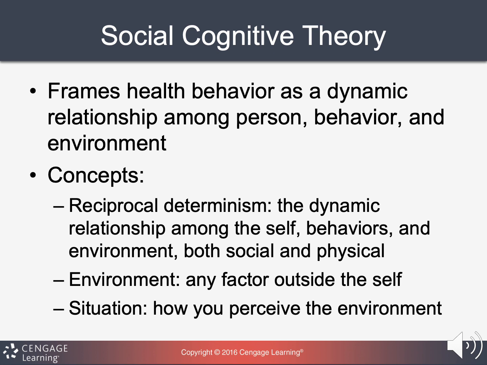And the situation is basically looking at how a person perceives the environment. So how do they view their environment? Do they realize that their family is dealing with drug behavior and has an influence on them? Do they feel like they're maybe trapped in this way of life? They have to sell drugs? Do they feel like they have a way out? Do they know where to go for resources, for help, but maybe not get their family in trouble, quote unquote? So we just have to look at how all these things are intertwined.